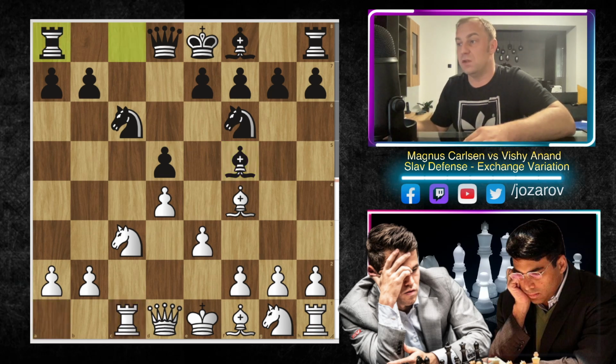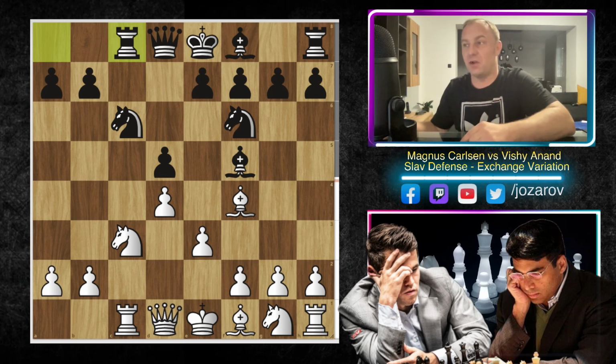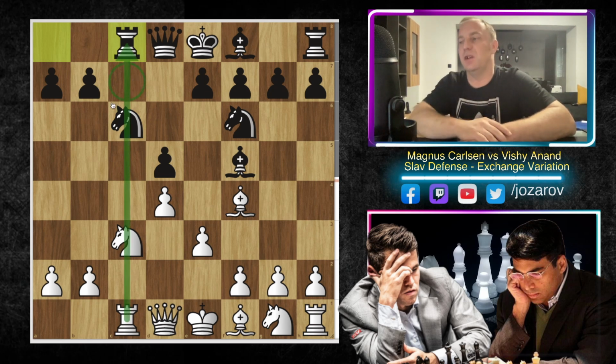We have now rook to c1, rook to c8. It's almost like Vishy is repeating Magnus Carlsen's move, but these are normal ideas, because you have to compete on files. If you don't do that, then of course you could risk some ideas to get some attacks around the square c7. So that's why the competition idea so far of black is perfectly fine.